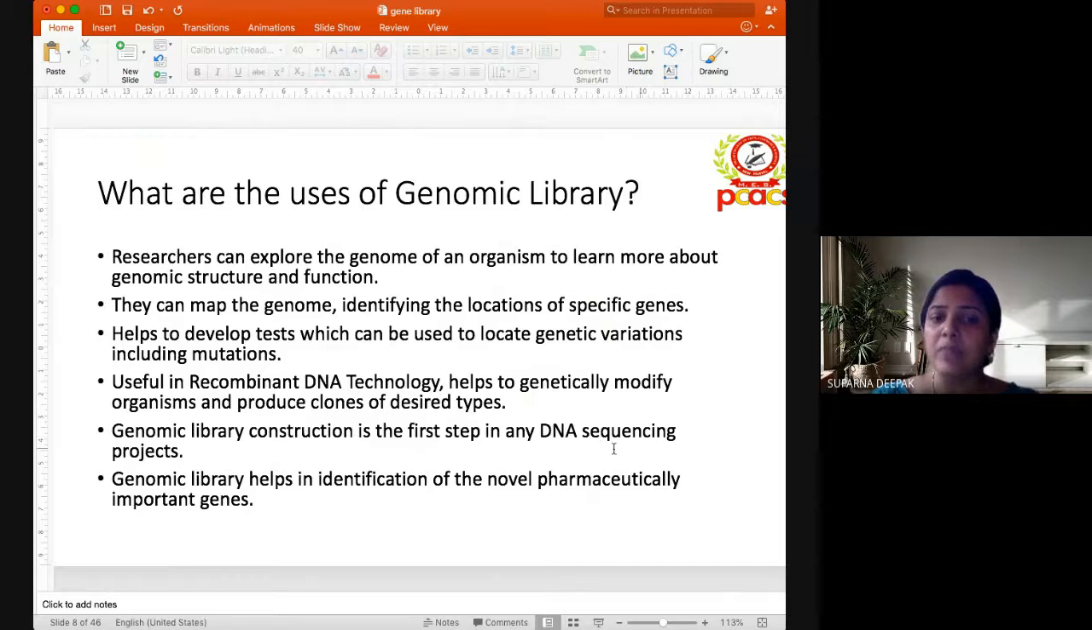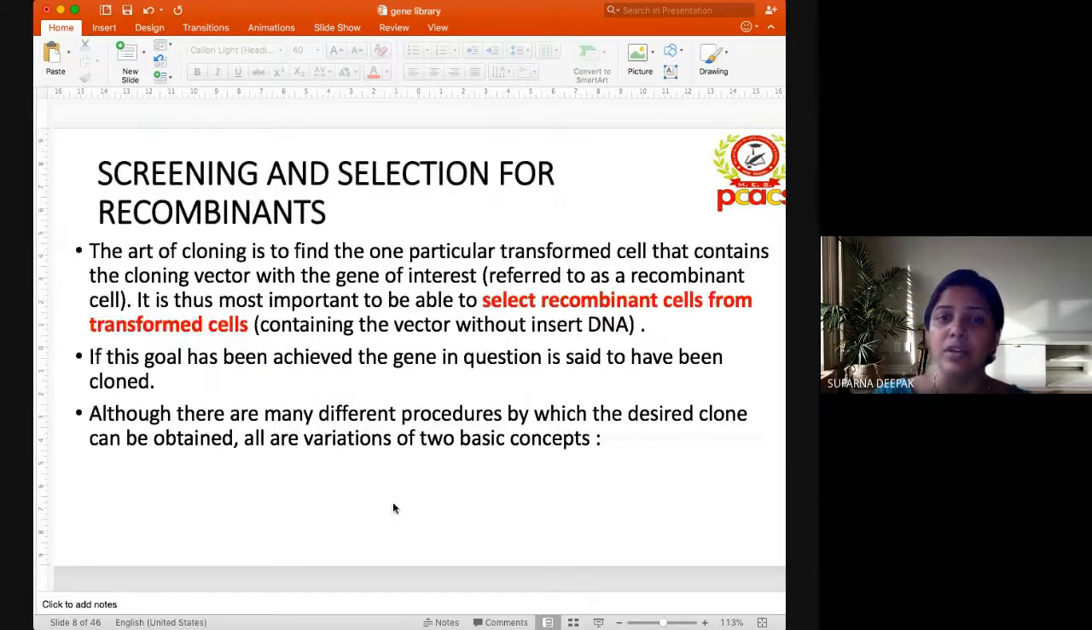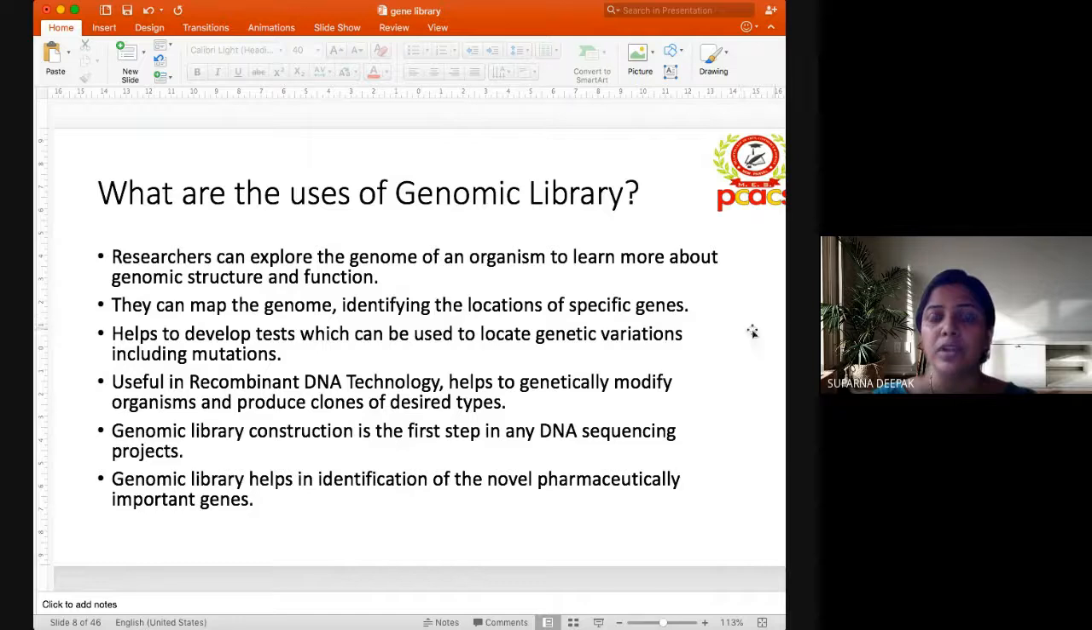And most of the time, gene library construction is the first step of any DNA sequencing project. Like in the human genome project, what was done first is that a genome library was made. Then, a genomic library helps in the identification of novel pharmaceutically important genes also, which are responsible for one or the other methods. So that is all about your genomic library, which includes both your cDNA library and your gene